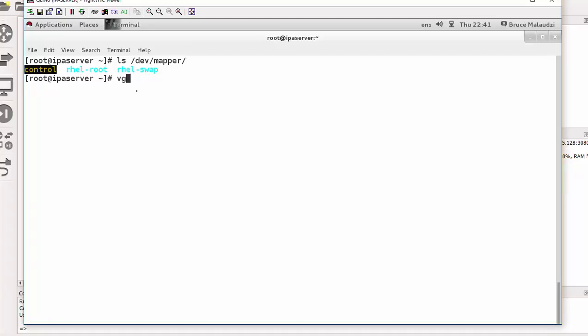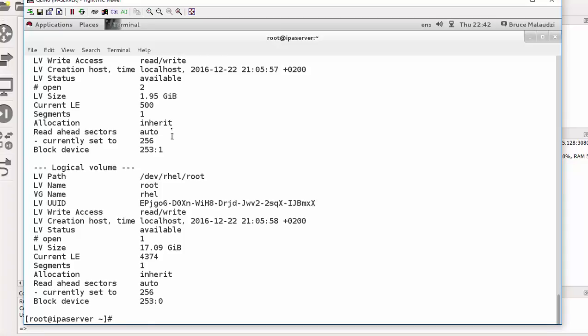So to activate, we use vgchange command, -a for activate, y for yes, and the name of the volume group, that is the big data. Okay, so big data is now active. Now if I do LV display and look for big data,